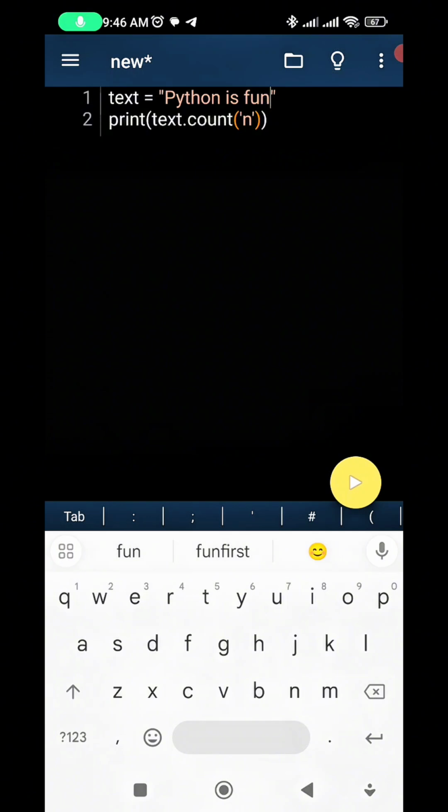Now, what if you want to replace a part of a string? Maybe we say Python is fun, and we want to replace fun with another word. Let's say awesome. So we want to say Python is awesome instead of Python is fun. We can use the replace function to achieve this. So to do this, I will say,